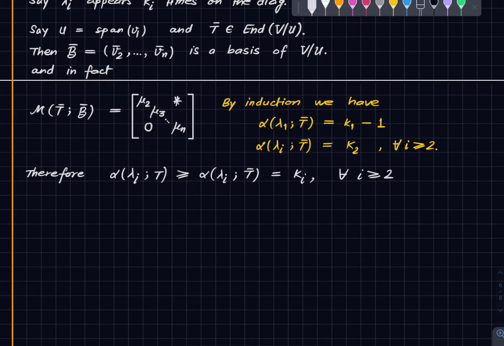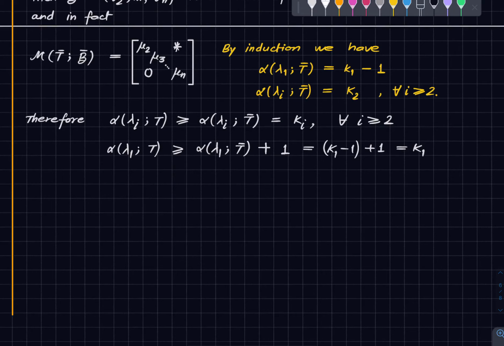right? And by the previous lemma, in case of lambda 1, this thing is at least the algebraic multiplicity of lambda 1 plus 1, right? Which is equal to k1 minus 1 plus 1, which is equal to k1. So collecting both these inferences in one line, all we are saying is that this exceeds kj for all j, which implies